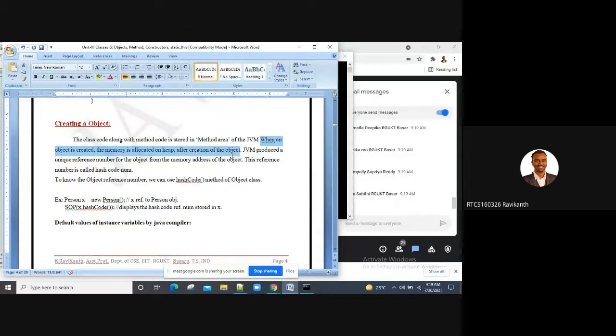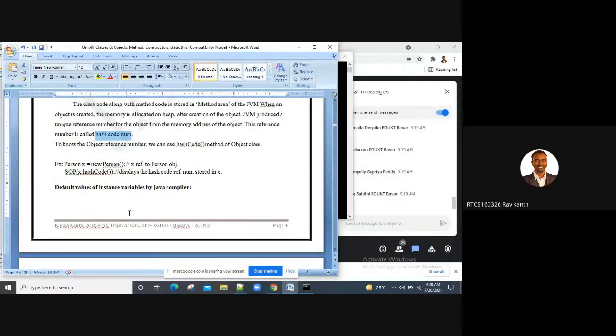After creation of the object, the JVM produces a unique reference number for the object from the memory address of the object. We have seen this in terms of hash code. It generates an object reference number, which we usually call a hash code value. This hash code varies from type to type.